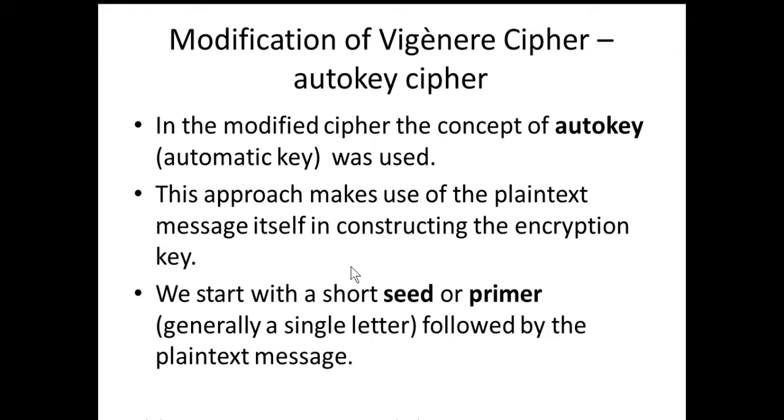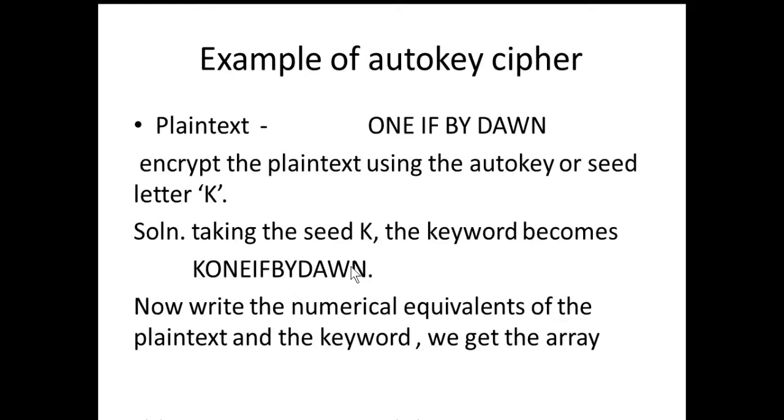The concept of autokey was used in this cipher. This approach makes use of the plain text message itself in constructing the encryption key. So we start with a short seed or a primer, generally a single letter, followed by the plain text message. So if you have this message, "one if by dawn,"